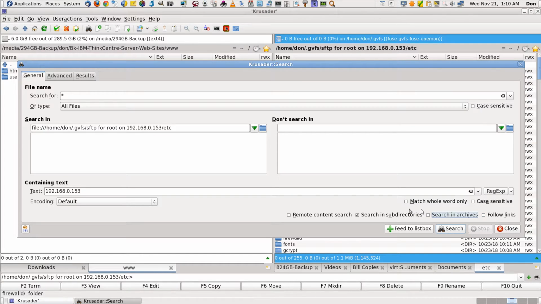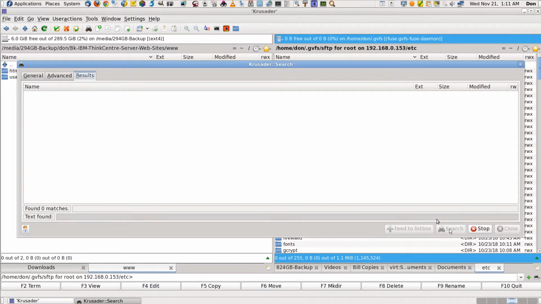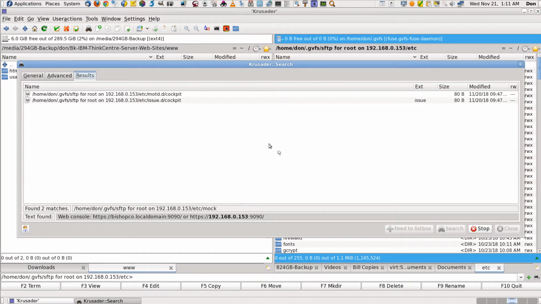Follow links, case sensitive, match whole word only. Well, that wasn't too long of a wait. Okay, so normally I always search in archives too. That can make it really long though if you're searching a really big bunch of directories. But I didn't find any partials anyway, so